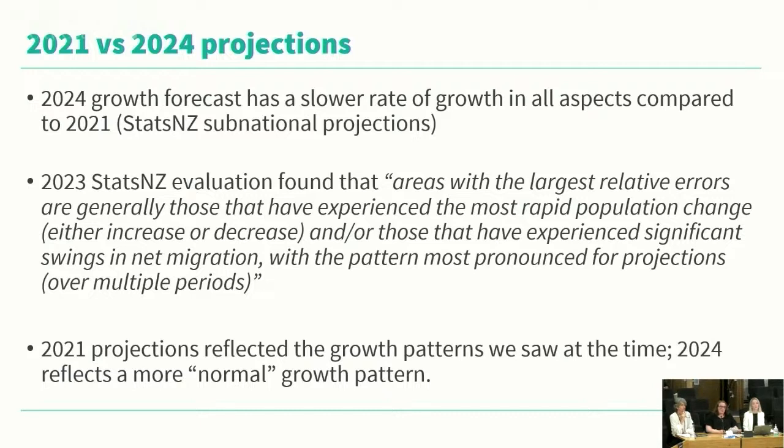So we were operating off the best information we had at the time, which was still based on those post-earthquake population changes. It's important to remember as well that projections are made at a point in time and are based on the best information available at that time and are updated regularly, so it's very normal for them to change. The December 2018 census-based projections reflect a more normal growth pattern for Christchurch, which isn't dissimilar to what we were seeing pre-earthquake.